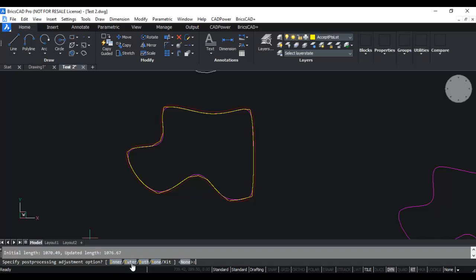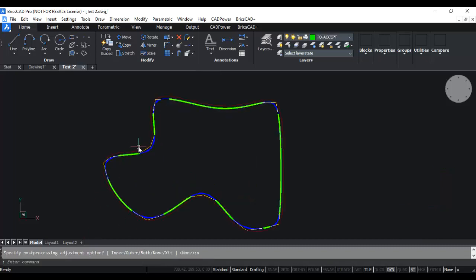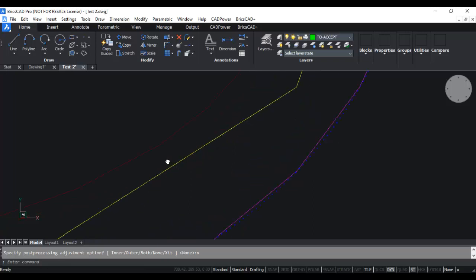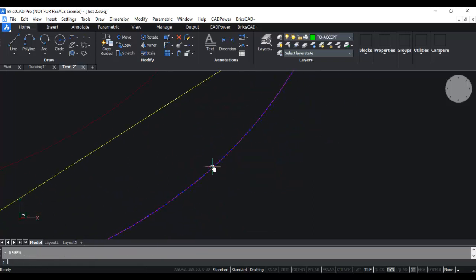Once I say exit, you can see it has exited. It has switched on the points layer also. So I can do a region now. I will just change the point size. You can see now the points are there, as well as the offsetted curve, as well as the cutting path curve. And now if I go to the folder here,